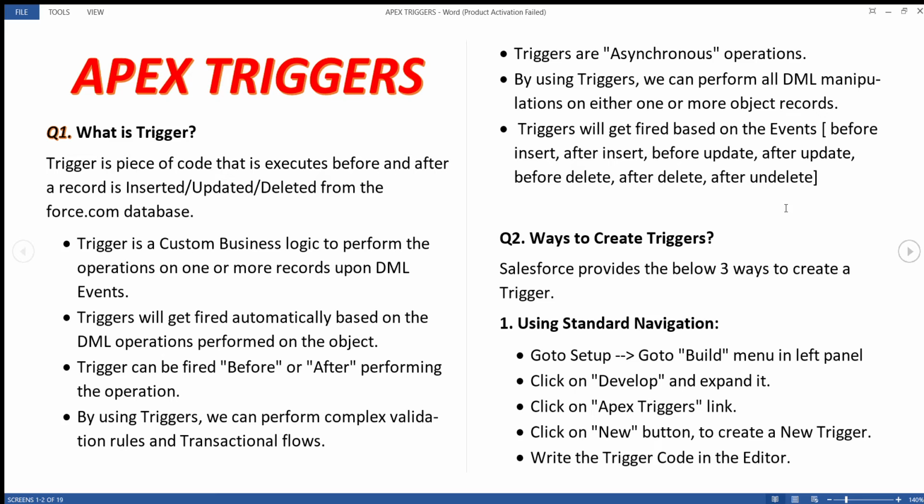A trigger will get fired automatically based on the DML operations performed on the object. A trigger can be fired before and after performing the operations. By using triggers, we can perform complex validation rules and transactional flows. Triggers are asynchronous operations. By using triggers, we can perform all the calculations on either one or more object records. A trigger will get fired based on the events before insert, before update, before delete, after delete, and after undelete